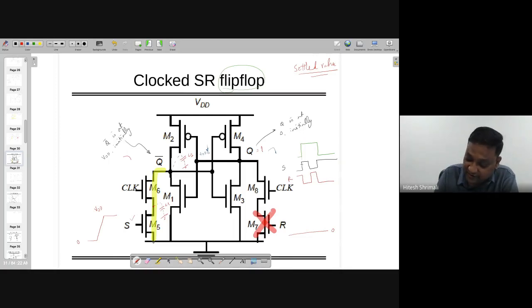So during that time itself, you are going to see changes of Q and Q bar twice. So it's a latch circuitry which is level sensitive. It's changing when clock is high. So we need to make the real flip-flop, which is going to work on the positive or negative edge of the